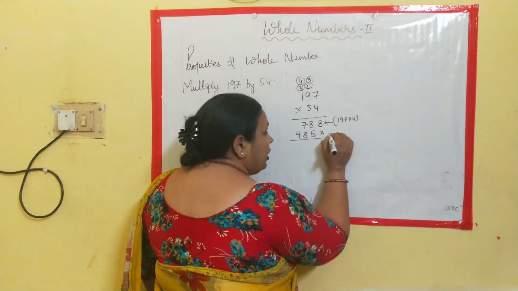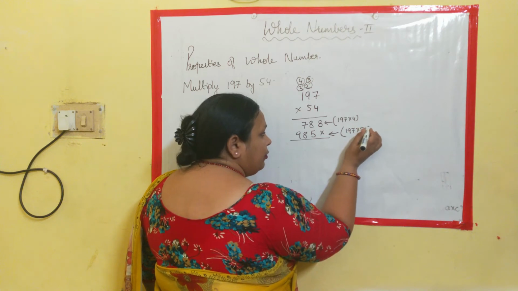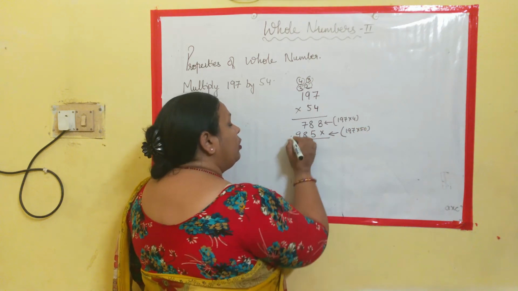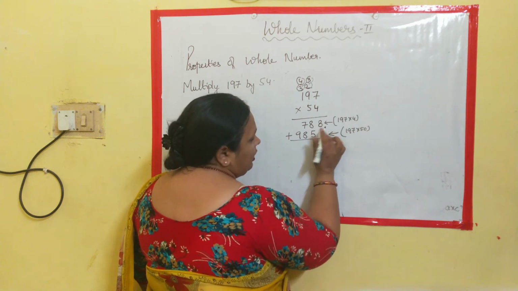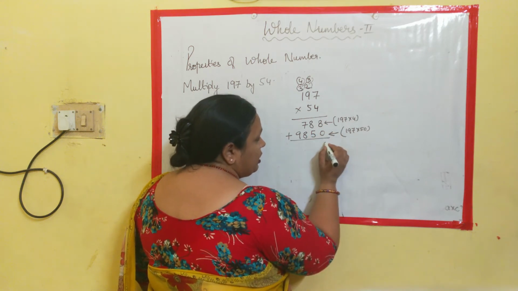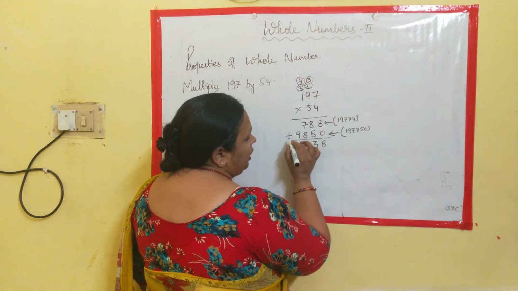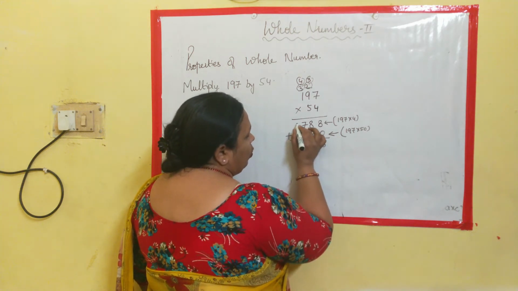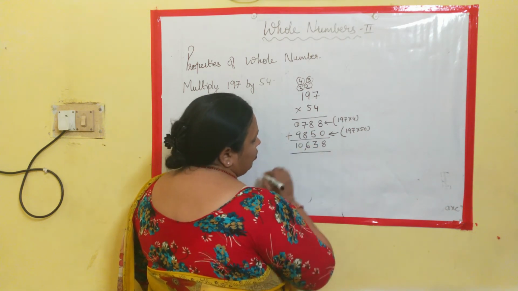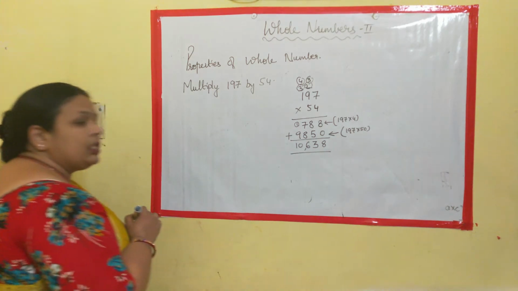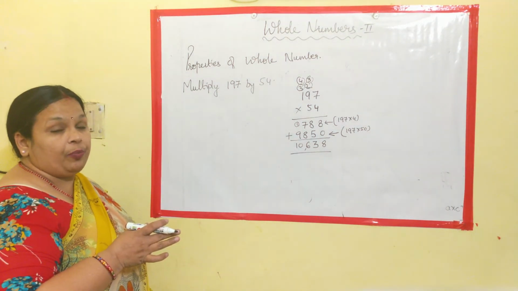Then 5 ones are 5 plus 4 is 9. So what you did here, you multiplied this by 50, clear? And what you did in your previous classes, this was 8 and let it be zeros, you're multiplying with the tens place. So this becomes 8, this is 13, 1 in hand, 8 is 16, 1 carry, and this is 10. So the number which we got was 10,638. So this was your normal multiplication.